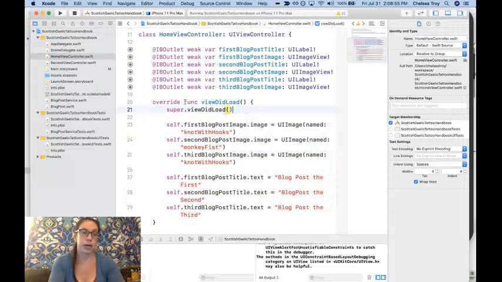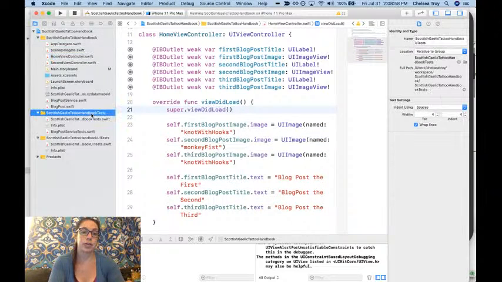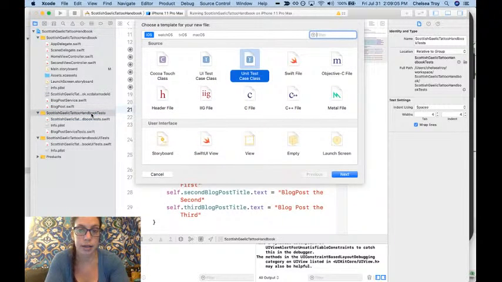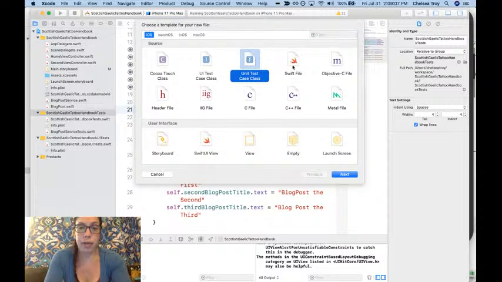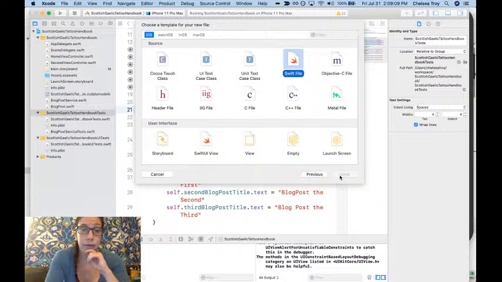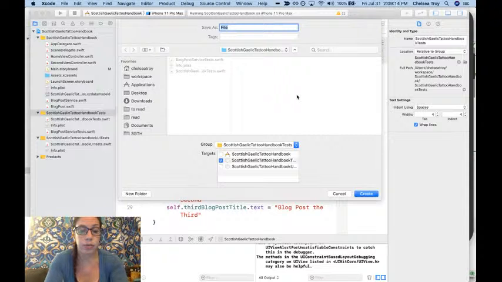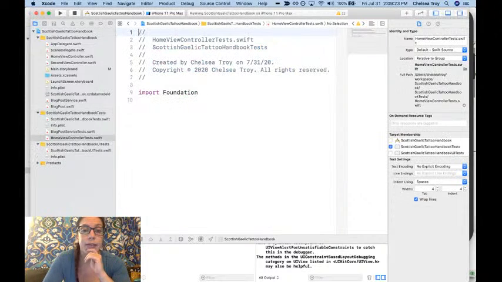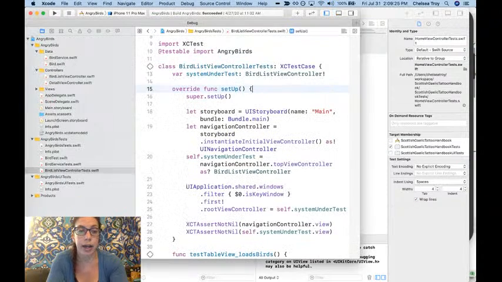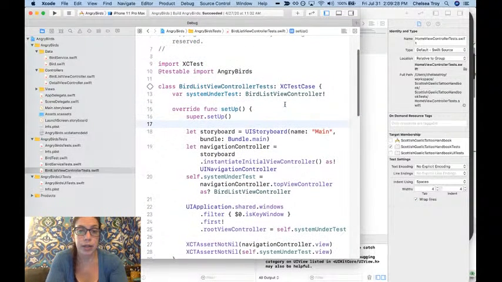Okay, so here's where we're going to start. We want to make a new test class. So I'm going to go to Scottish Gaelic Tattoo Handbook Tests, and I'm going to make a Swift file because I'm actually going to get a lot of the boilerplate from somewhere, and we're going to call this our HomeViewControllerTests. So let me show you what I'm going to do. I have a test similar to this in another app, and so I'm going to borrow it, and then we're going to